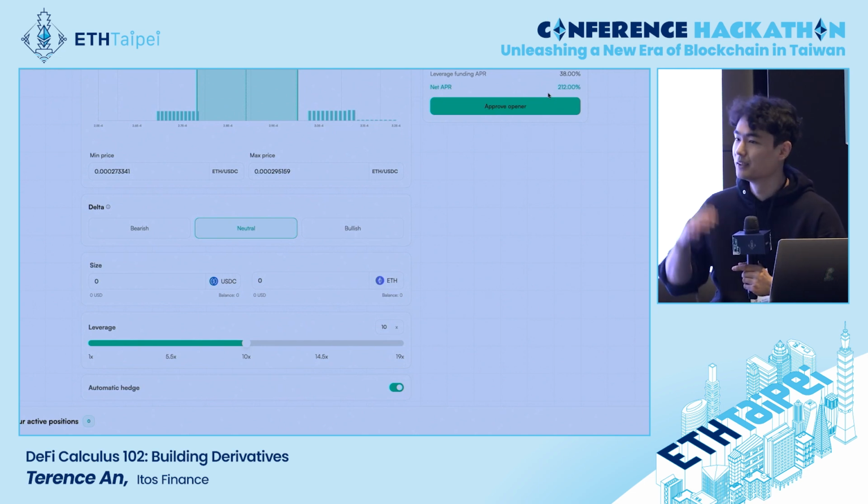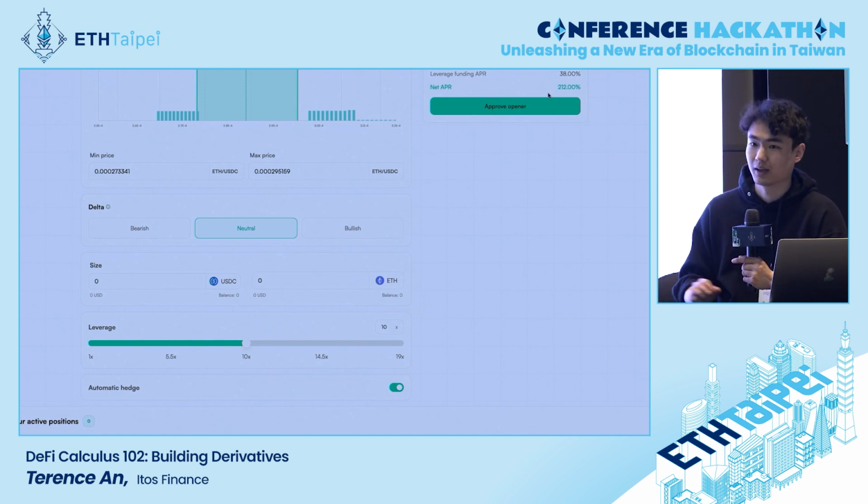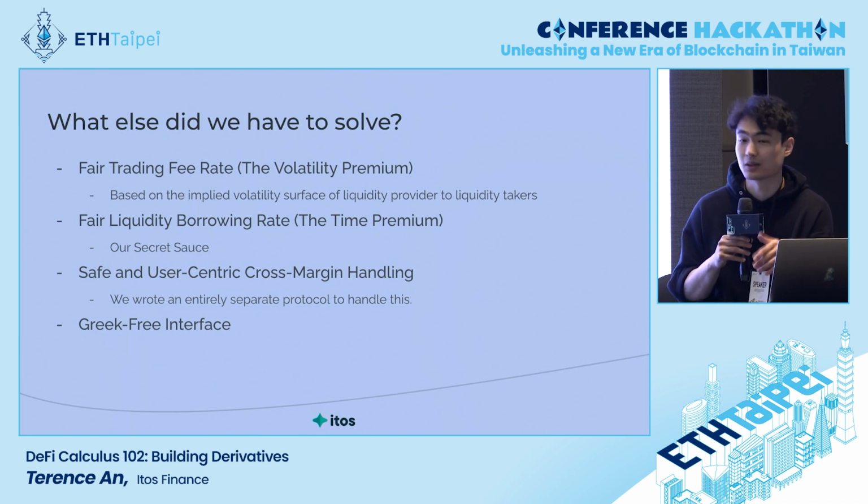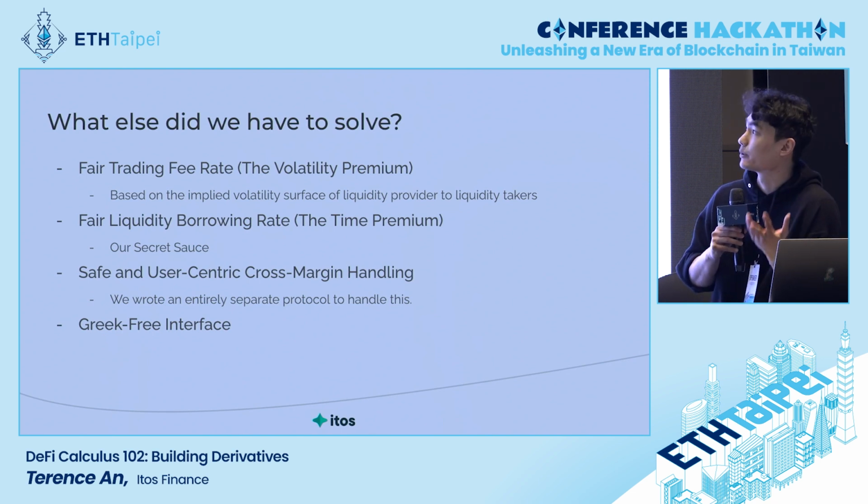We're not trying to make any gimmicks. We're just trying to do a bunch of math and the flexibility that comes with it. Cool. This is permissioned right now, but you can go mint yourself test tokens today just on the website, testnet.ethos.fi. And I want to be clear that it's not as simple as just doing these equations. We had a lot more to solve, and honestly, these were much harder than the things that I talked about today. And so unfortunately, we don't have time to go through it.